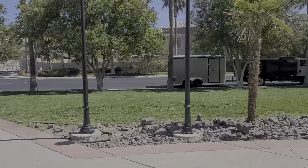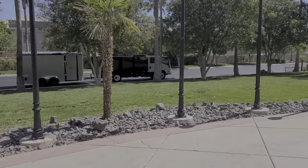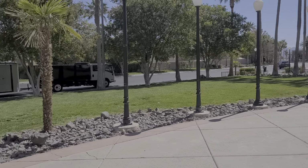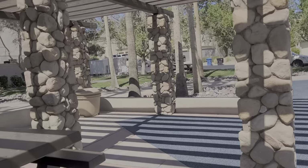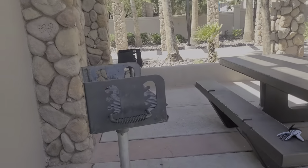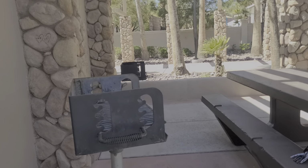This is the local park around the corner. See, I don't even need a barbecue grill. I can just bring my meat here and barbecue here. So